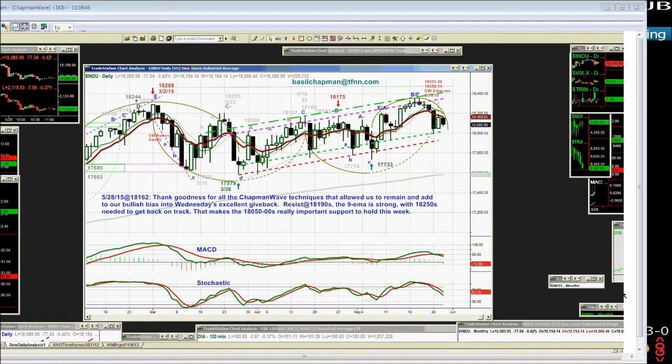What we're looking at now is everything in microcosm, with a very gentle uptrend unfolding in the Dow. You see this up channel? We tested three days ago that green dashed line, the Chapman wave inside track support propellant zone. We saw a test on the upside when we went into the Chapman wave inside track of the channel resistance repellent zone. And at this point, I still have to have, just for maybe another day,